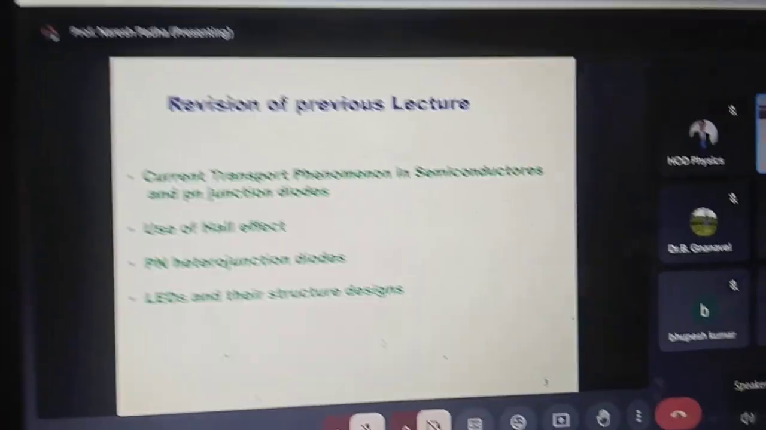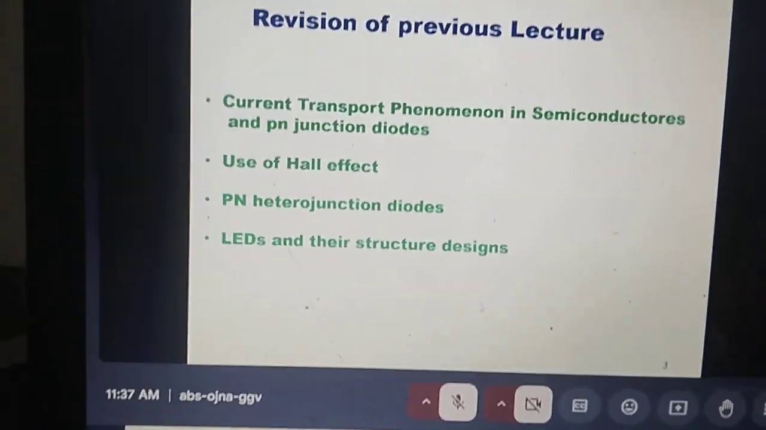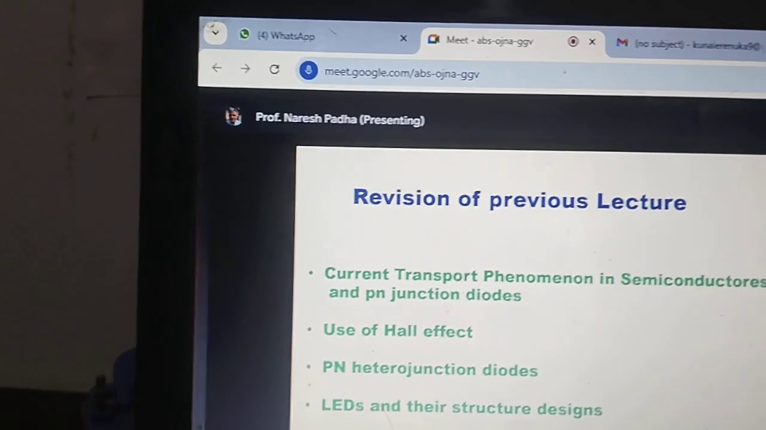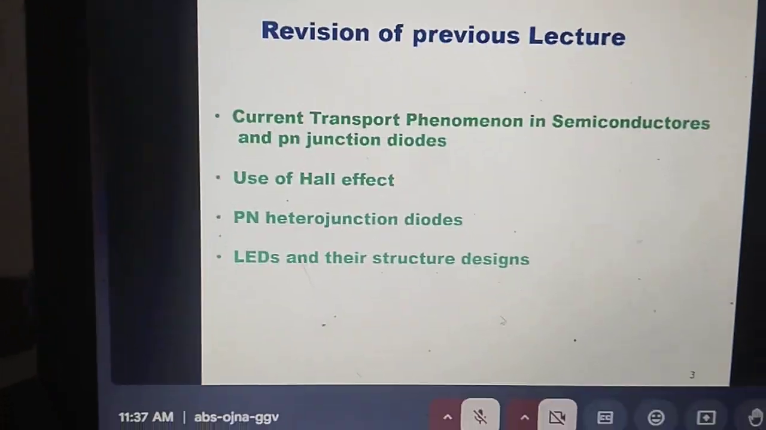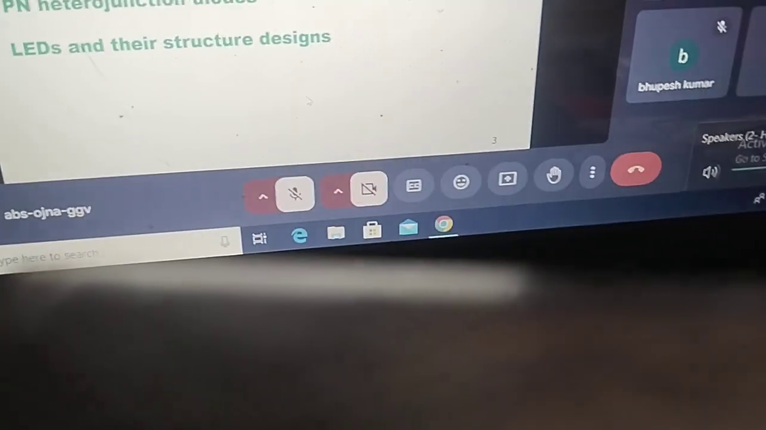Had studied in that lecture and how we are proceeding further. So one topic which we covered in the last lecture was current transport phenomena in semiconductors and PN junction diodes. We studied